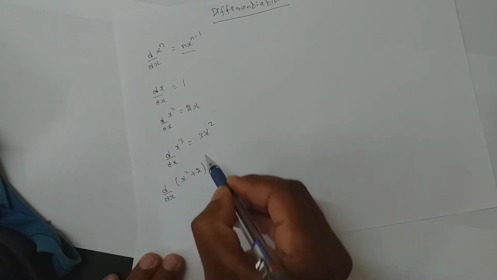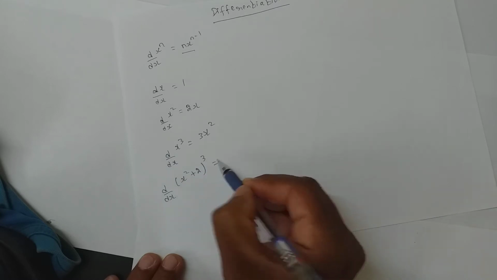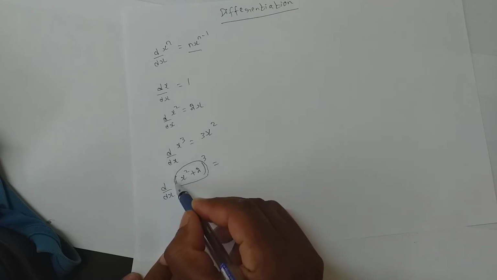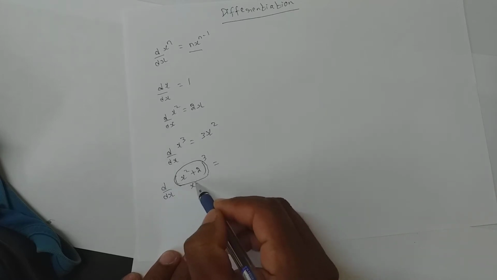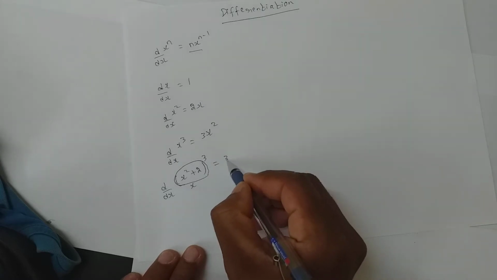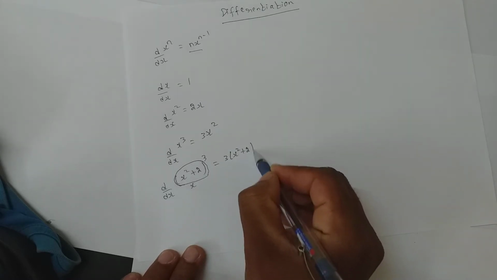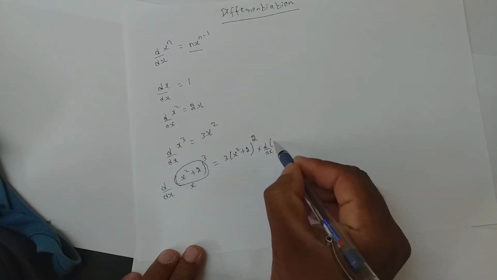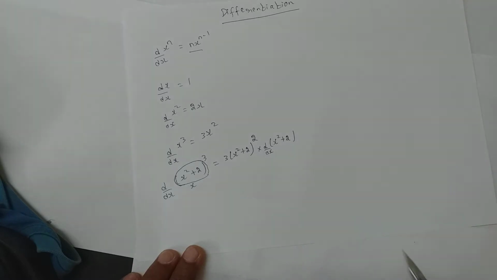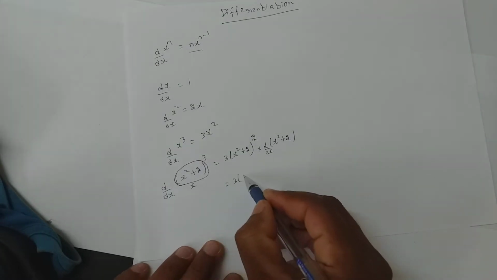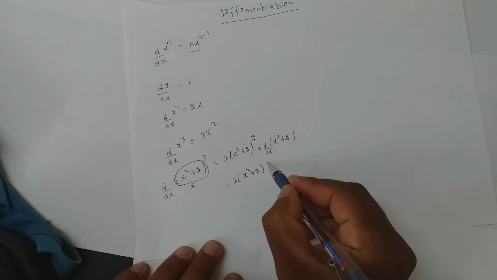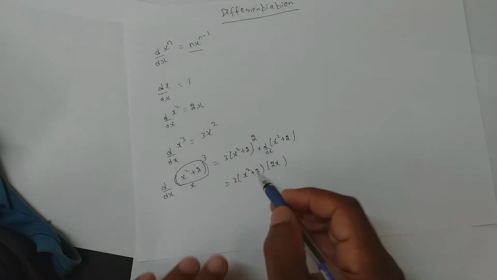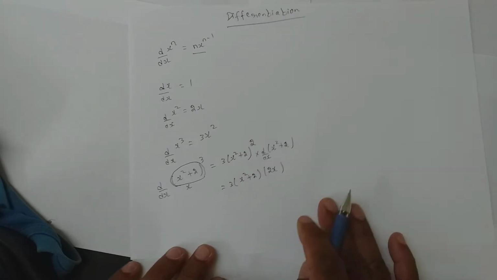And what you learned in AS level was this one. Had it been the entire expression has got the power, then what we used to do? We used to take this entire thing to be x. So d by dx of x cube used to be 3x square. So 3 into x square plus 2 power 2 into d by dx of, in place of x, whatever you have considered. So this results in x square plus 2 into 2x. Am I clear? This internal part is what I am trying to tell you in today's video.